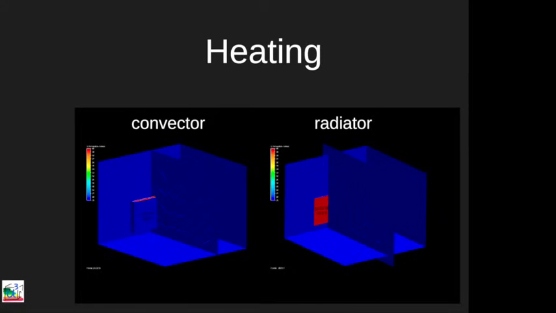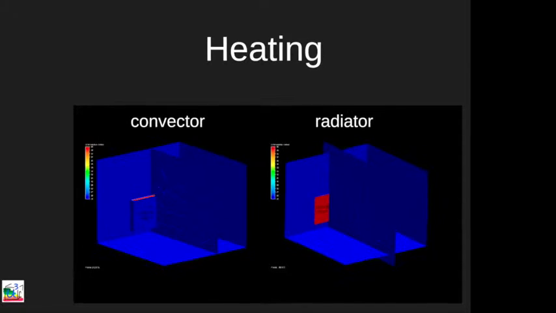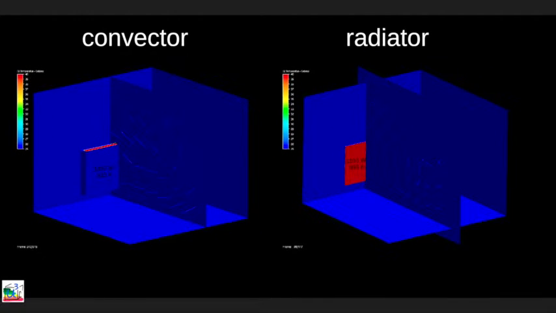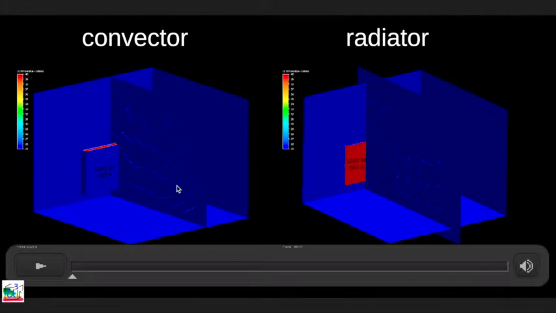Well, it has to do with heating, so I think we need to talk a little bit about heating first. And so we made this simulation, which I'll run here. And unfortunately, it makes this video slightly longer than it should be, but probably it's worth watching. On the left, you've got a convector. It's basically two metal plates with an air gap, surface temperature of about 60 degrees Celsius, and it produces basically